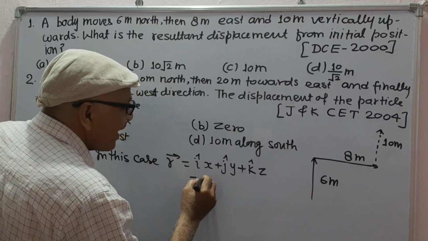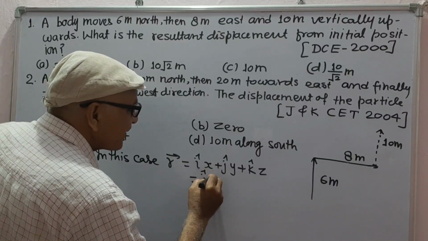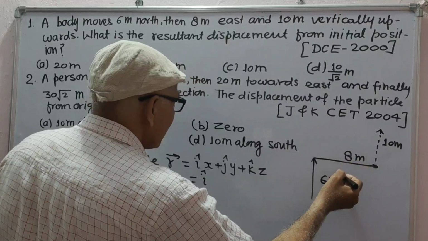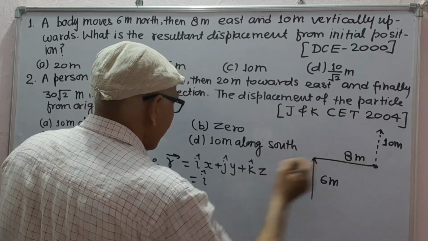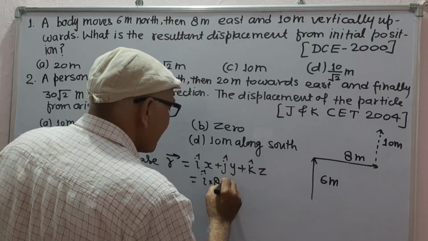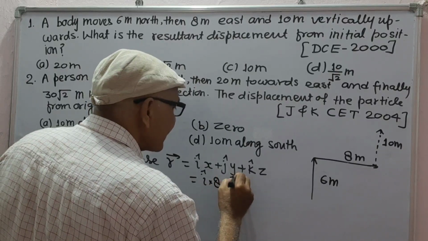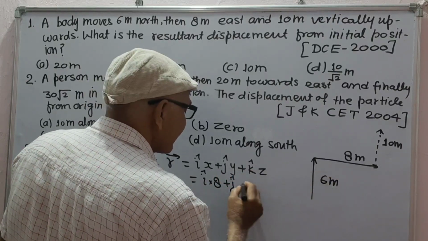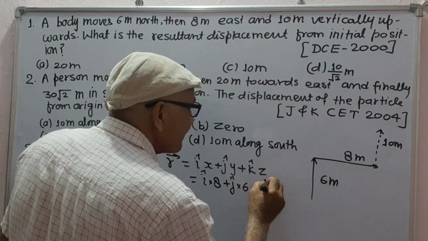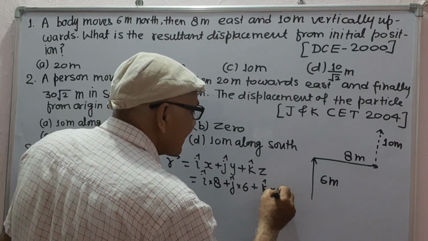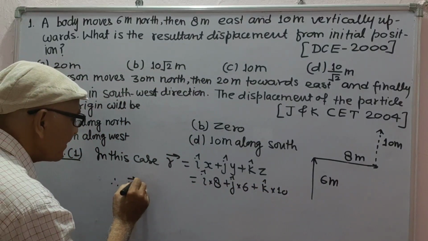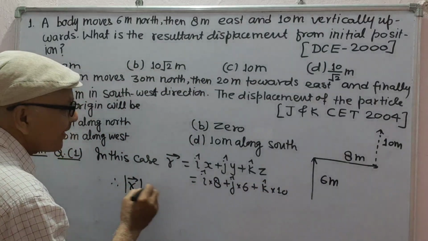So, i unit vector into 8 plus j unit vector into 6 plus k unit vector into 10,